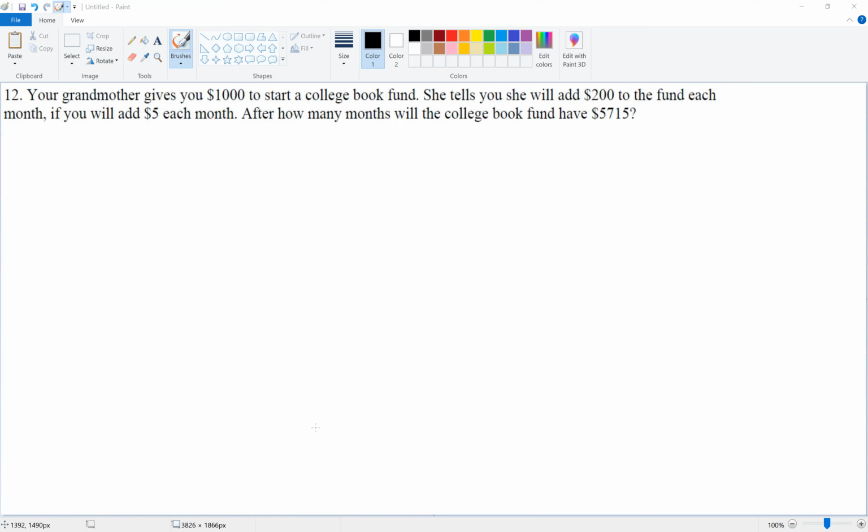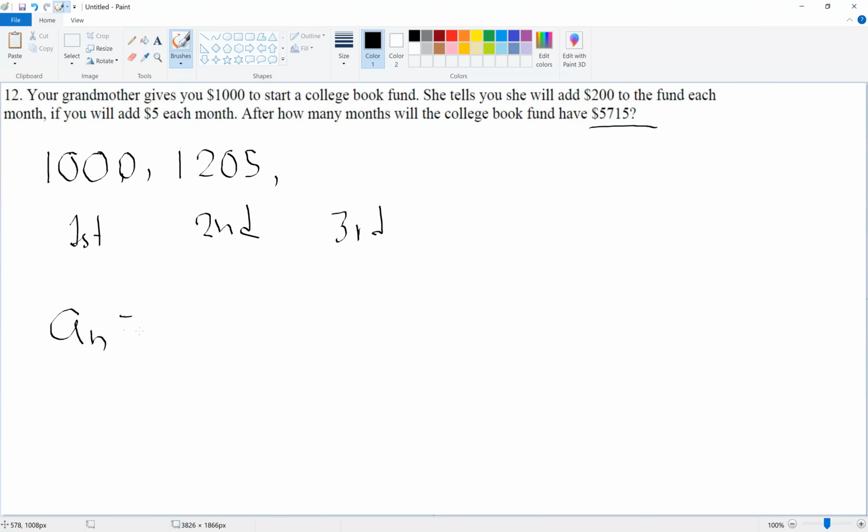So it says your grandmother gives you $1,000 to start a college book fund. She tells you to add $200 to the fund each month. If you add $5 each month, how many months will the college book fund have 5,715? So you start with 1,000 and basically you will add $205 each month. So that would be your difference. So that's the second month. Yeah. And then you're trying to find out what term would be